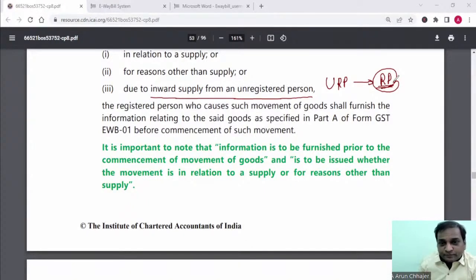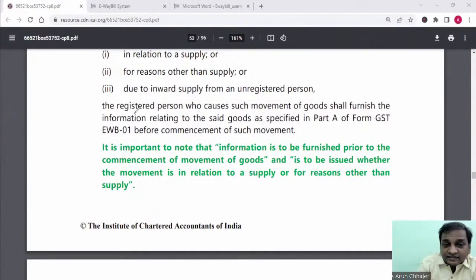So in this particular part, the e-way bill chapter, you may be asked 2-3 questions of theoretical type and maybe practical also, but the major chance is theory. Conceptually, you should be clear that an e-way bill would be required to be prepared if the value is more than 50,000, and it can be because of the supply, other than supply, and inward supply from unregistered person. Then the registered person who causes the movement of the goods, very important terms,